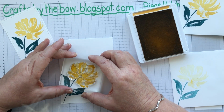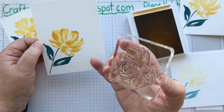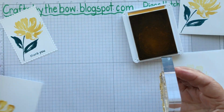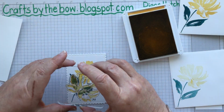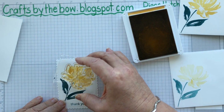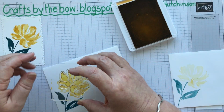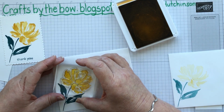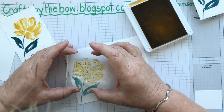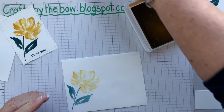If it's not quite lined up, it really doesn't matter, because it's sort of a free flow, like you've just painted it. So it doesn't have to be 100% accurate. It's pretty however you put it together, and it's a handmade card. It's not meant to be something from Hallmark where every single card is the same. Let's do the envelope. And then let's do our second envelope here. Okay, and that's that one all